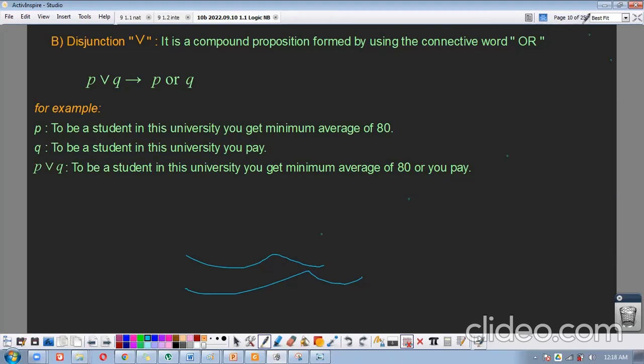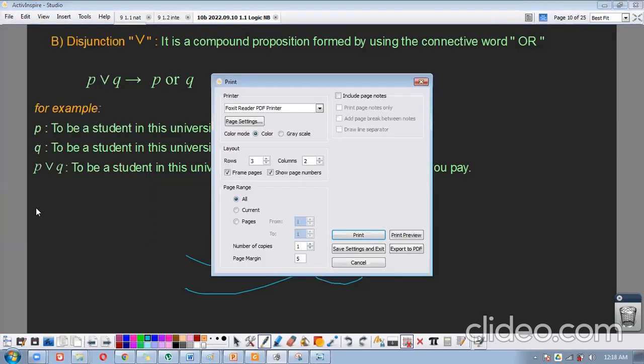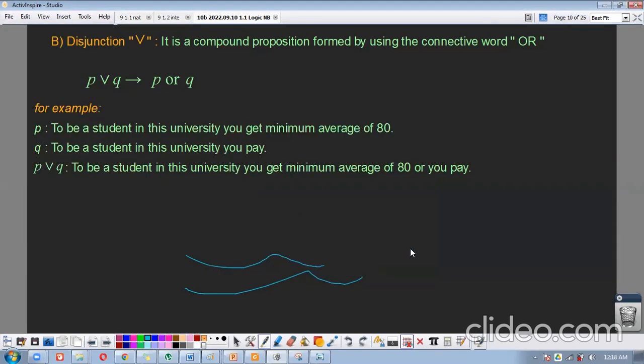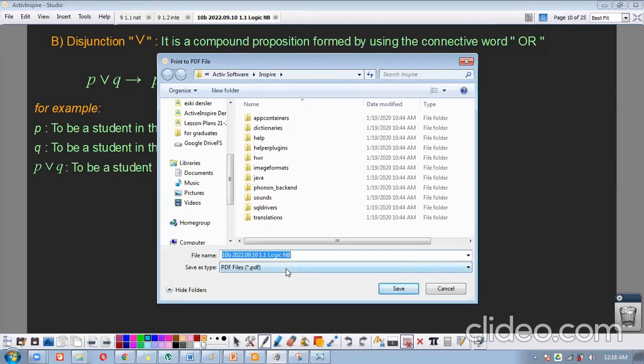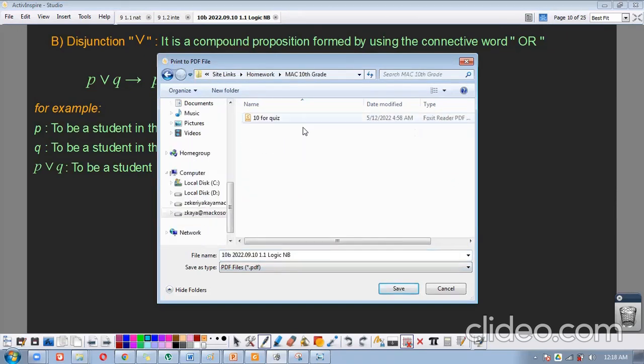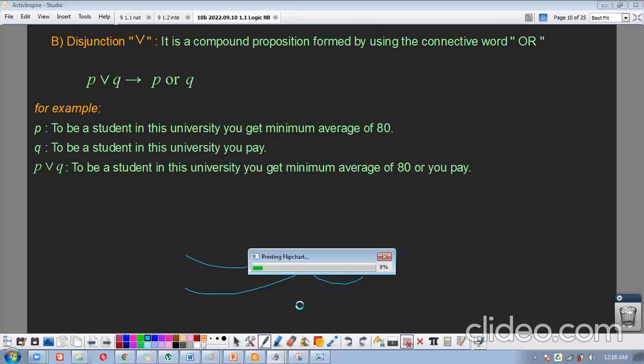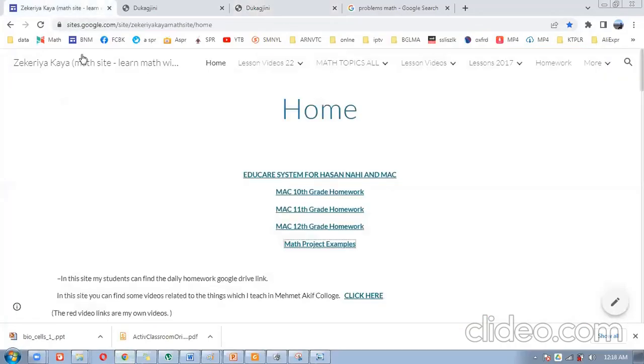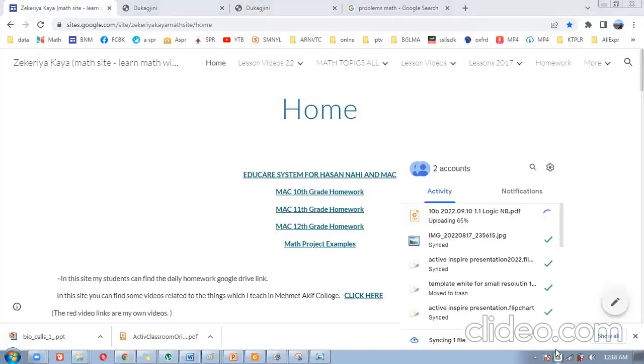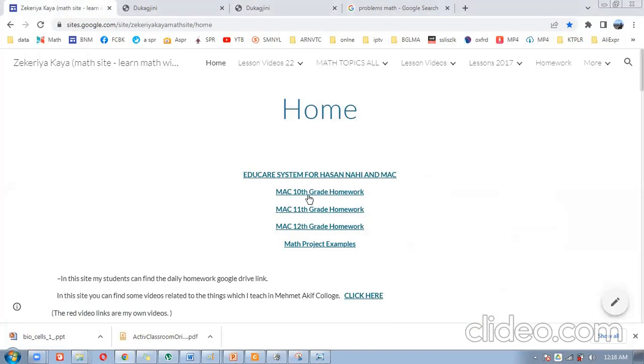So after I finish the whole plan like this under the name 10B, I print the whole page and I add it to my site. I have a Google site over Google Drive. I share it in my site for 10th graders, 10B, 2022, 9 and 10. Once I save this on Google Drive, so I have my own site over there. Let's check that it is added as PDF. Now it is added. So once I go to the 10th grade homework folder, I will be able to see